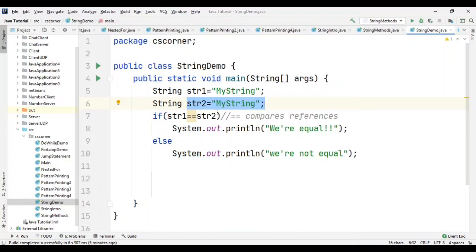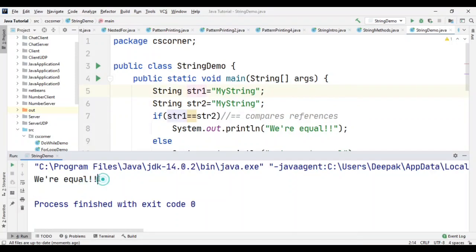So these two strings are going to be equal. Yes, they are equal because they are pointing to the same reference, so I'm going to get the output we are equal. You can see I'm getting we are equal because both strings are pointing to the same reference.